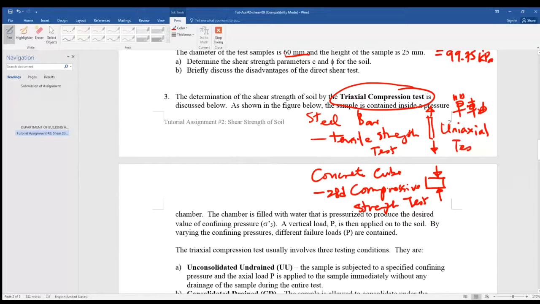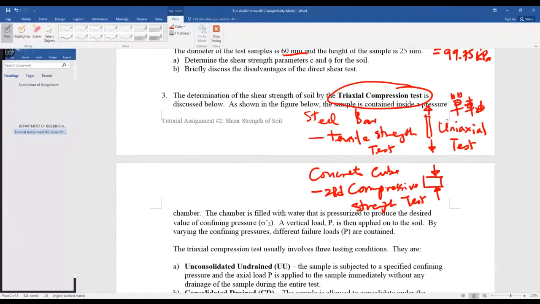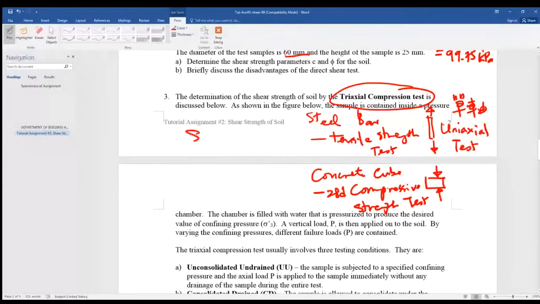It means the test will be performed for a single axis, okay, for one axis only. But for soil, it's very different because you want to know the shear strength test. Now, what's it? When you obtain a cylindrical specimen,